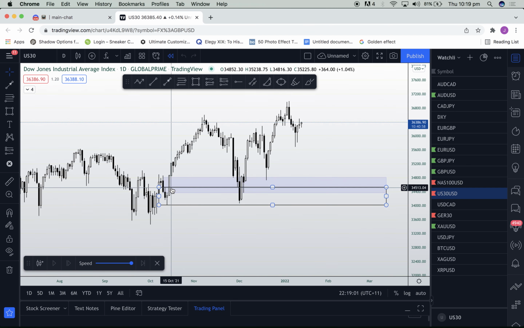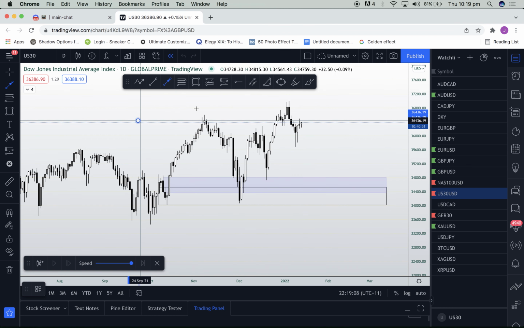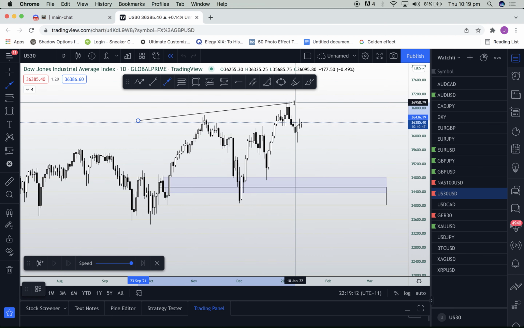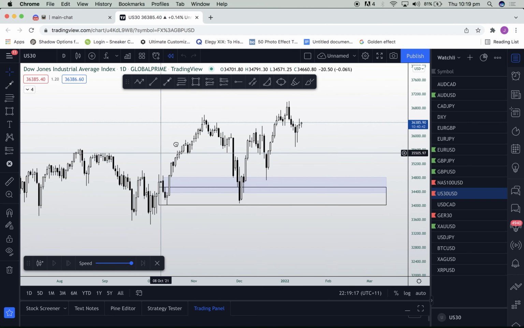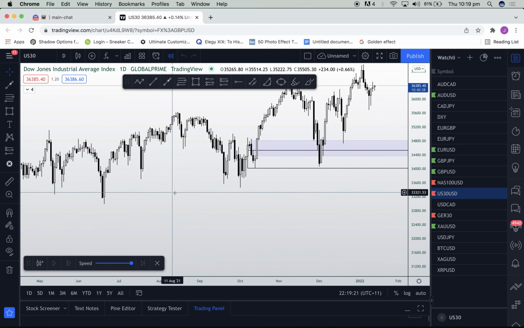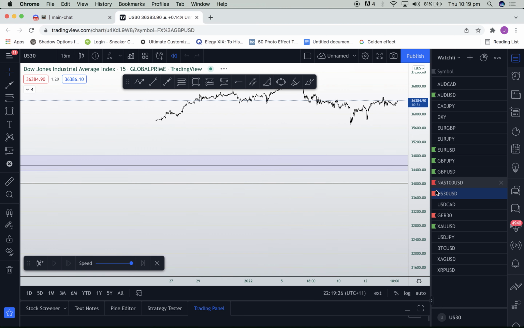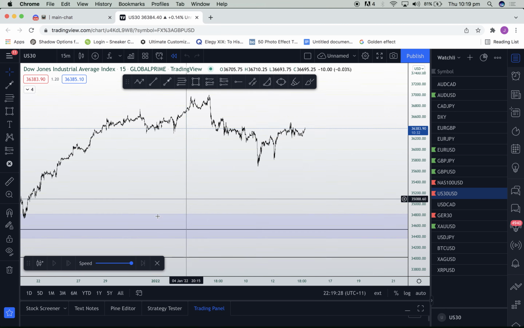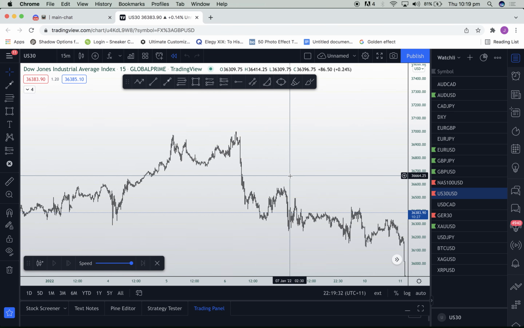So upon identifying the POI with the imbalance, we can see that price will often retrace to it to close it off before continuing higher. Imbalances can be found on all time frames, not only the daily time frame. So you can find them on almost everything right down to that 1 minute time frame, 15, 5, whatever suits you. So as you can see, if I just pull into US 30 right now,